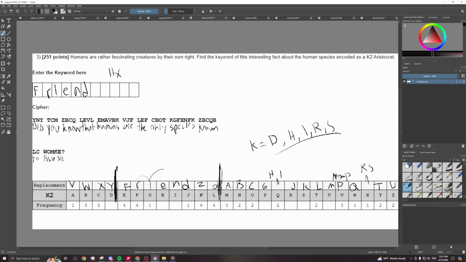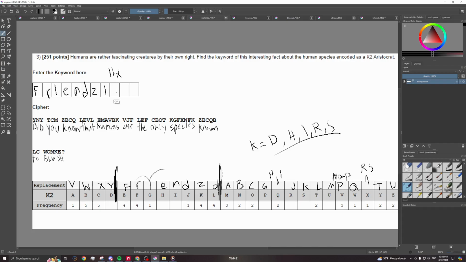But okay, so friend, and then let's just pretend this would be Z. This is funny, but if you really want, I guess you could put friend Riz. That's not the key word because it doesn't repeat like this. There's one left here. If this wasn't here, maybe, but that would be a really dapper test writer to put something like that. Unfortunately that is not the key word. So again, with the other ones, you need to do some guessing, right? But if we just put Z here and we try to make something,